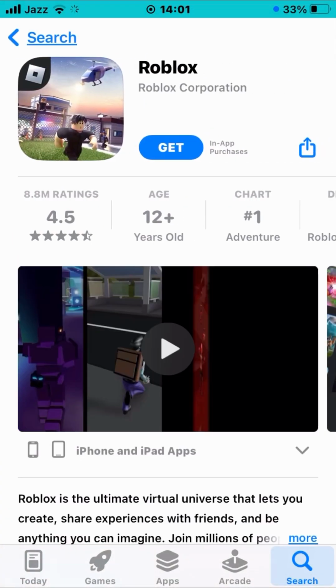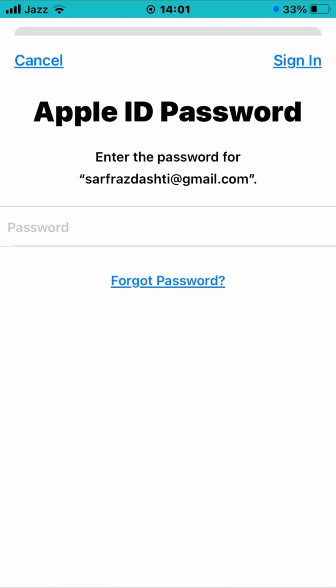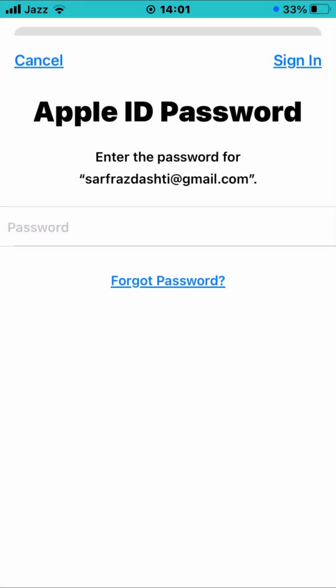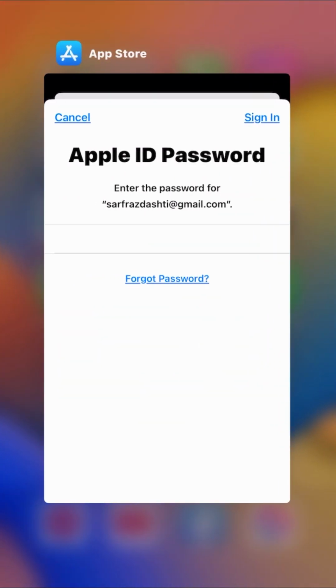In this tutorial, I'm going to discuss how to download apps without Apple ID passwords. So I'm tapping Get, and it's showing me the Apple ID password again and again. To fix this issue, first of all, you want to go back to your home screen and then open up